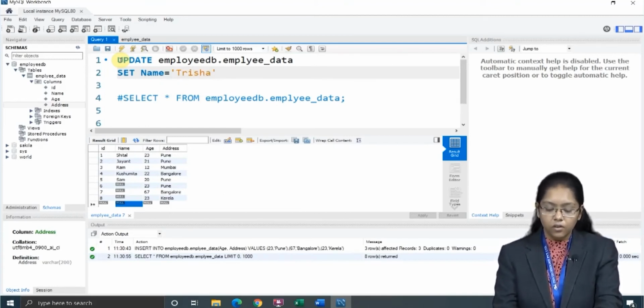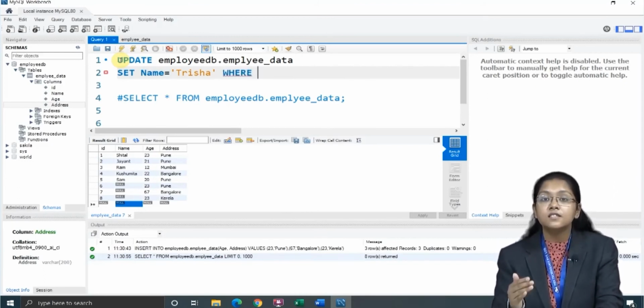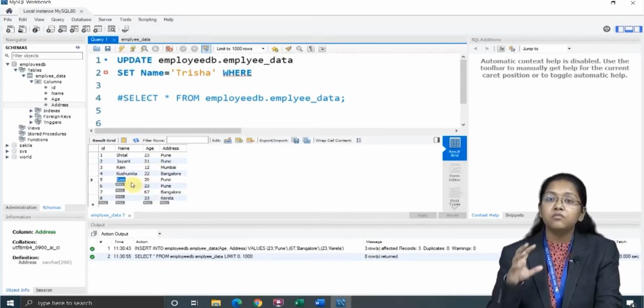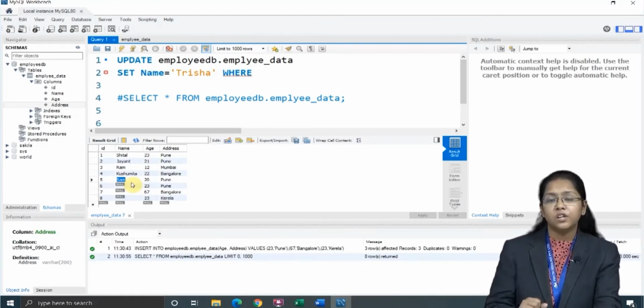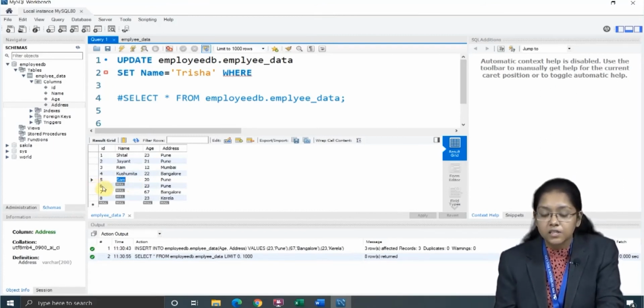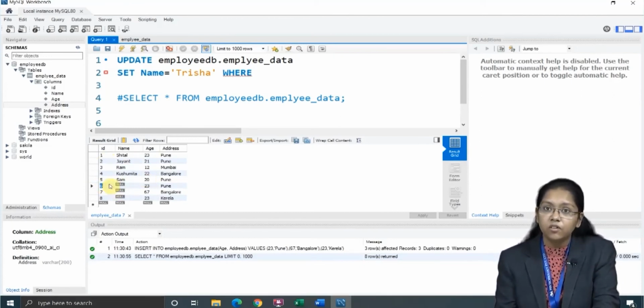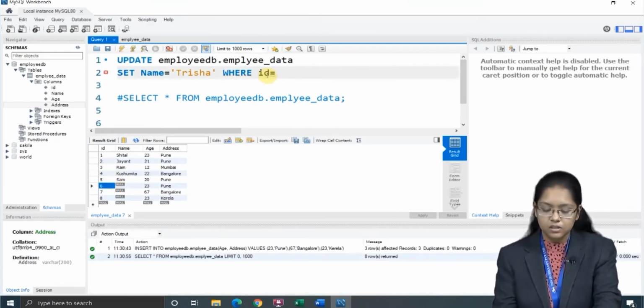Okay. Now where do I have to set this? Where the ID is 6. See here, what is ID? ID is unique, right? If I take the age as 23, then you can see age is not unique. So in the where clause, you have to use something which is unique for that particular attribute only. And you can see here, ID is 6 and that is unique. Is 6 repeated anywhere? No, right? So here I will write ID is equal to 6.